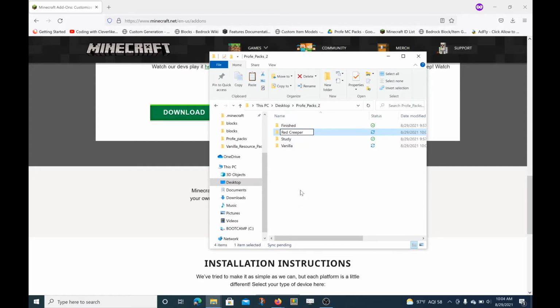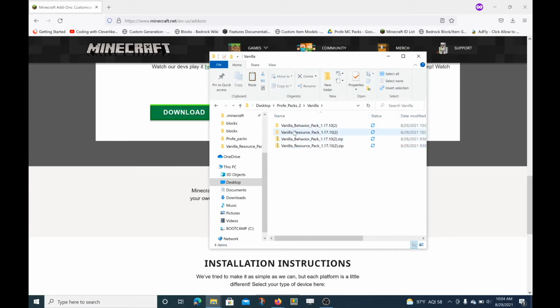We're going to take our creepers and make them red, because those little boogers are really annoying. They're always blowing up my builds, and I want to be able to see them better. So red creepers can be done by only editing one of the vanilla files, which is, let me double click,